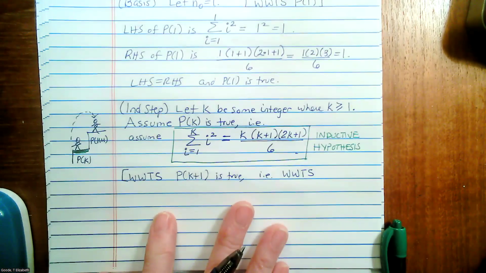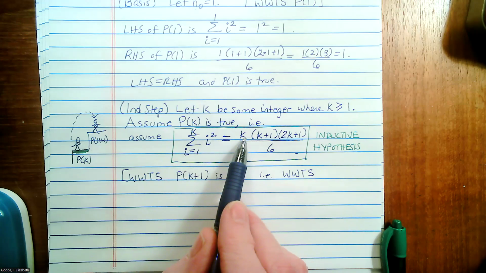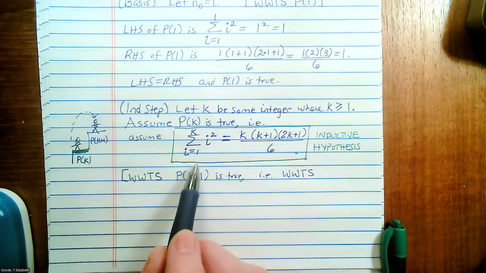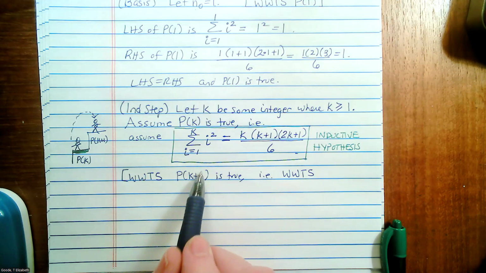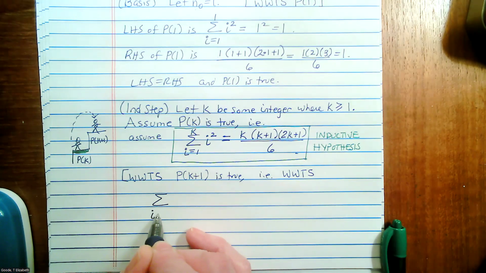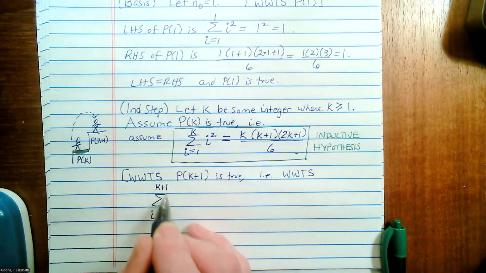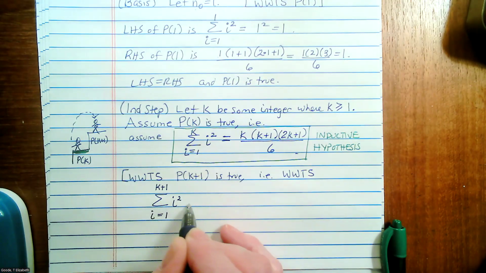So it's kind of the same idea. Instead of a k here, here, here, and here, we're going to now have a k plus 1. So we wish to show that the sum from i equals 1 to k plus 1 of i squared equals,